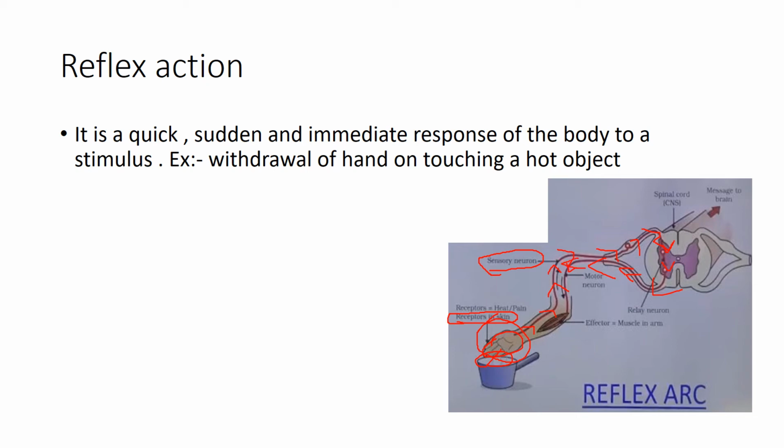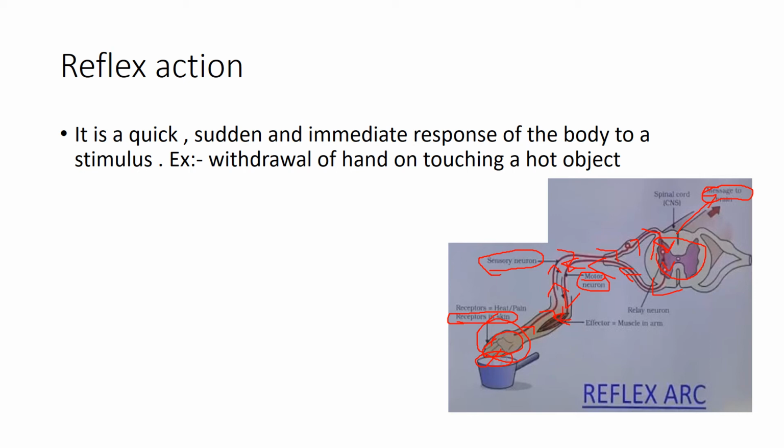The spinal cord transfers its decision to the motor neuron, and it does not leave it like this only. It sends this decision or message to the brain also, after sending the decision to the motor neuron. The message comes to the muscles. Why does it come to the muscles? In movement, we use muscles. So the decision from the spinal cord comes to the muscle, and the muscle moves our hand away from that hot pan.